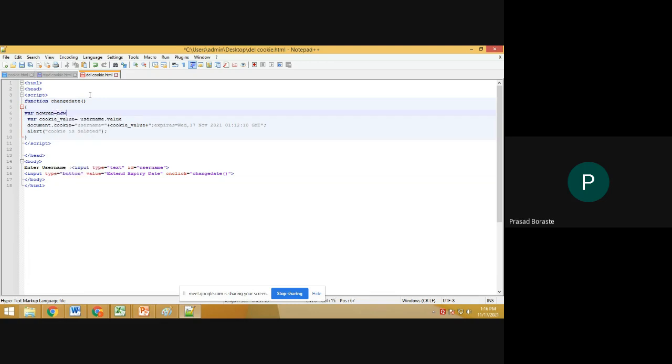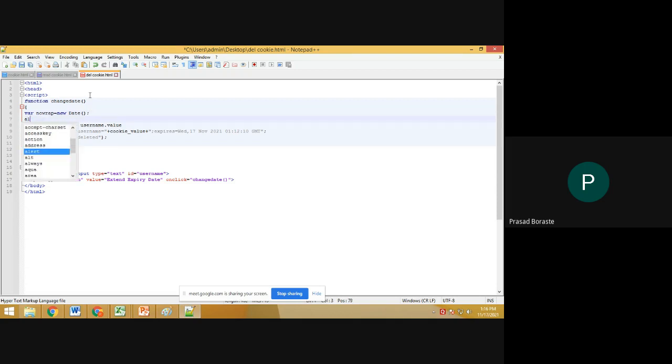By using this, we will get today's date. Now equal to new Date. This will show today's date. This is the function to get today's date. This is the function by which you will be getting today's date. For that, I am giving an alert, which means you will see today's date. This is the variable.